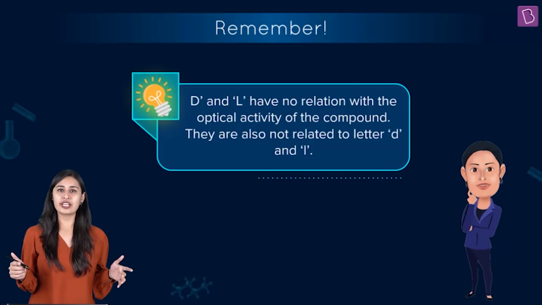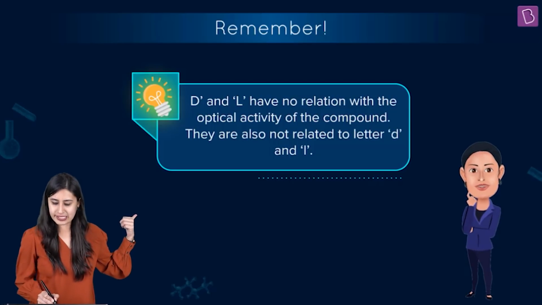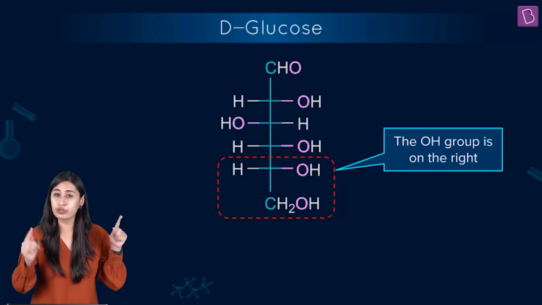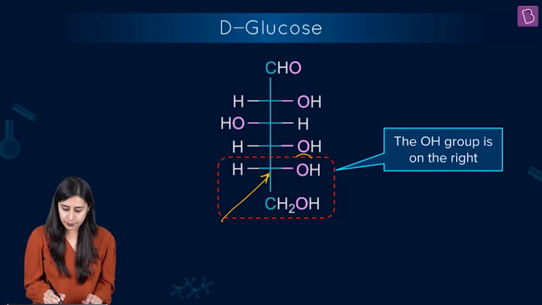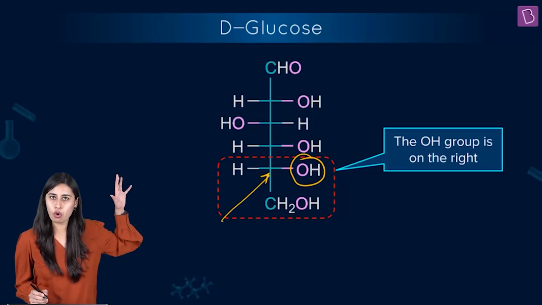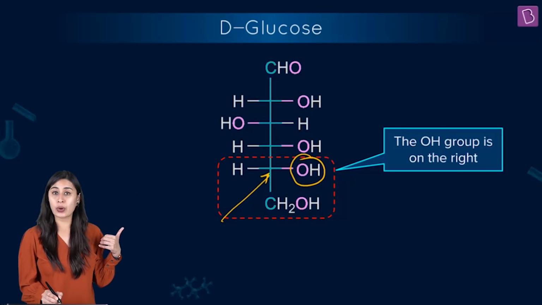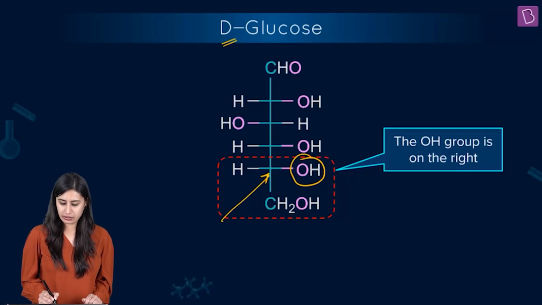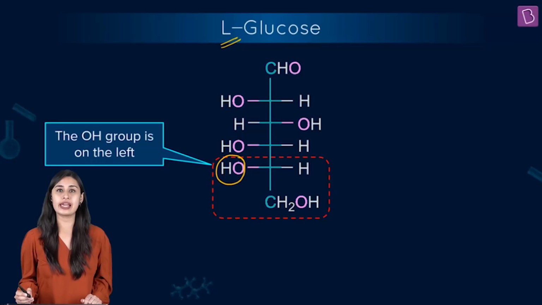Alright? So if I show you actually in glucose, how do we write capital D and capital L? Let's see the Fischer projection of glucose. Out here, I want you to simply focus on the second last carbon and observe the positioning of the OH group, right? So in this Fischer projection, in this open chain structure of glucose, you can see that OH is on the right side. So we are writing capital D out here. And now test this out. OH is on the left side. So we are writing capital L here.